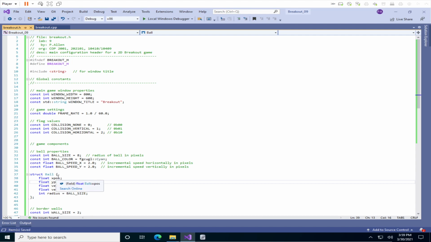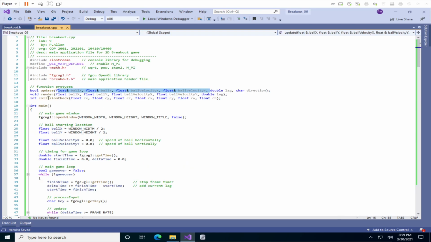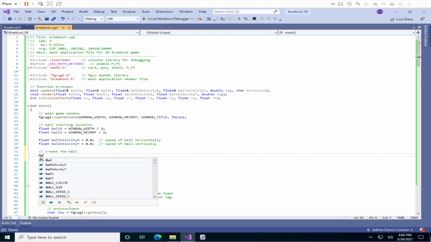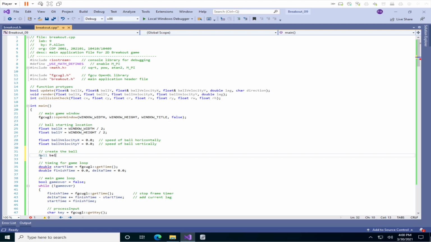All right, but now we have the structure for the ball, or a data type of type ball that has an X position, a Y position, a velocity X, a velocity Y, and a radius. So now we can come back over to our implementation file, and here where we assign these, instead of these, we can create a variable for this. We're just going to do a new one, and then we'll remove those ones above, but we're going to create the ball, and it's going to be of type ball, and we can just call it ball, and we can assign